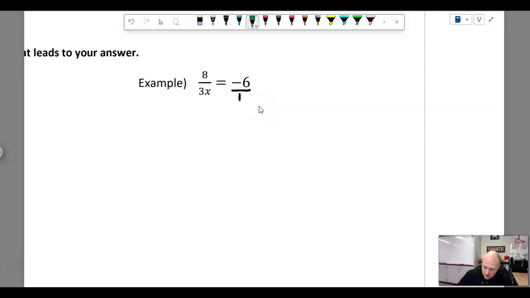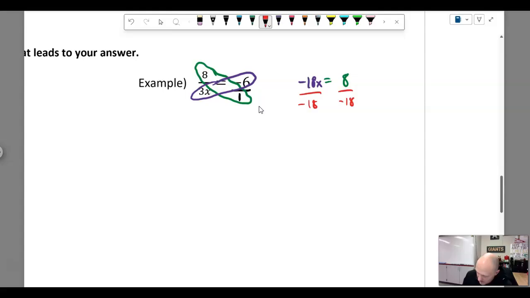And what I'm going to do is a cross multiplication. So over here I get 8. And then I can do a cross multiplication, 3x times -6. Don't lose that -6 in there. And that gives me, oh my gosh, my brain is on freeze, -18x. Okay? So we'll solve for x. We'll divide both sides by -18. And what we get is x is equal to -8